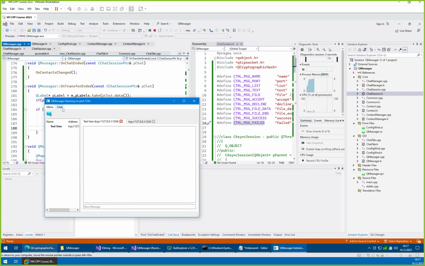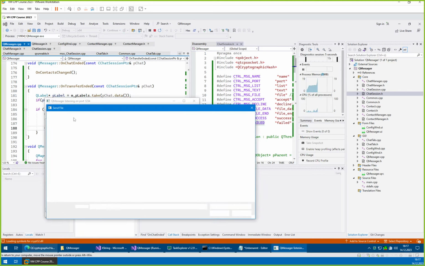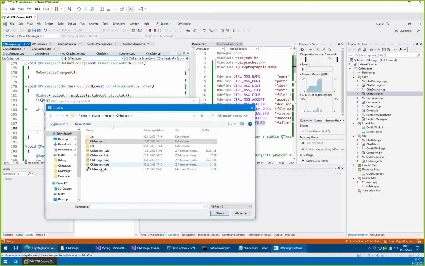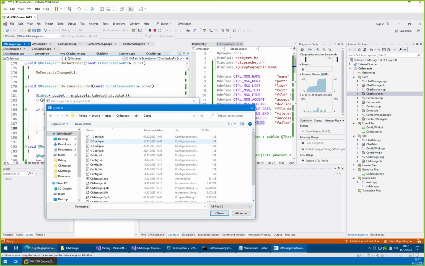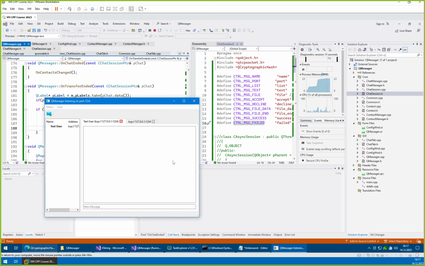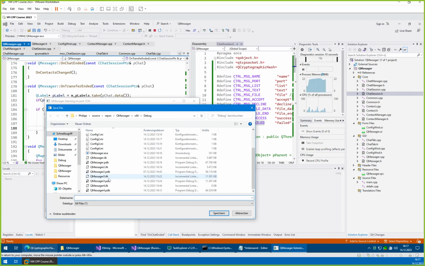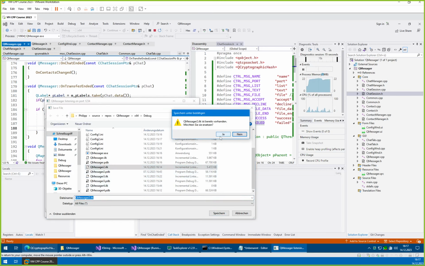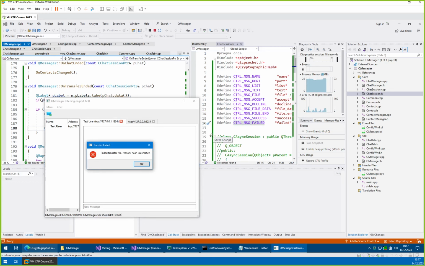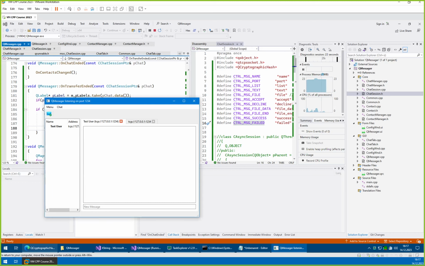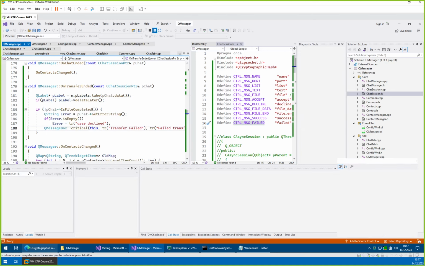So we create a connection, we send the file. We select a smaller file again. And file transfer, reason hash mismatch, one error. Well, we get the same error twice now, but that is what was expected. So